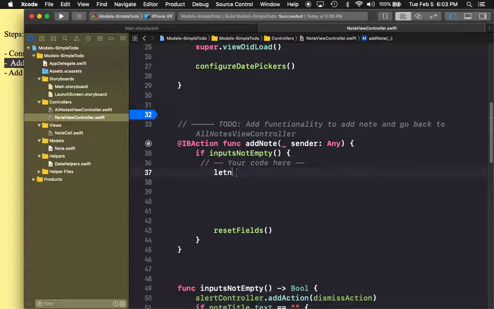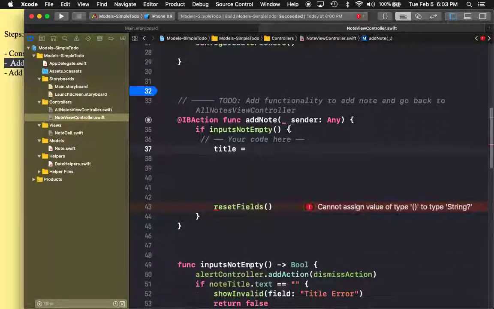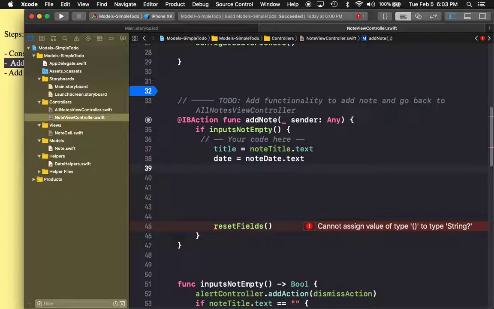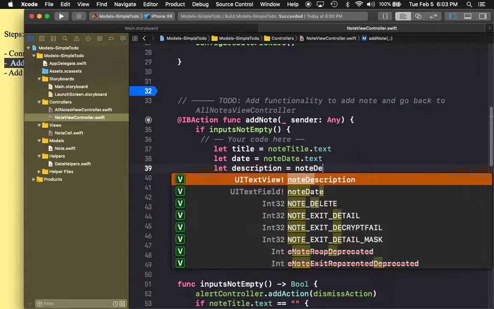So let note equal, we need to get the title from the label, which in this case is the note title dot text, the date to the note date, I forgot the let, and let the description equal note description